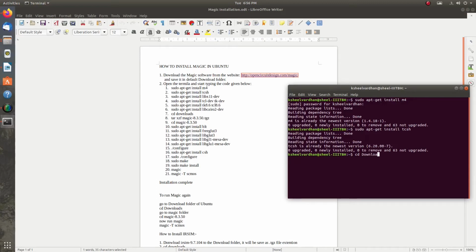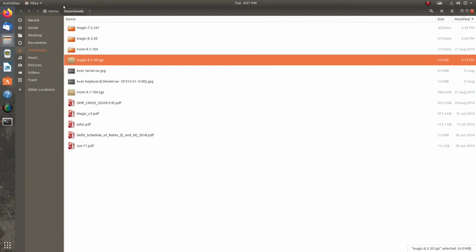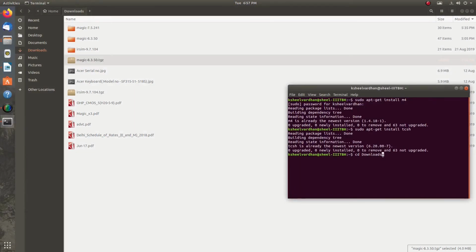The spelling has to be exactly as the folder name, capital D, Downloads, and my file is in the Downloads folder. That's why I am going to the Downloads folder using the terminal. So cd Downloads, enter. Now as you can see, I have entered my Downloads folder.